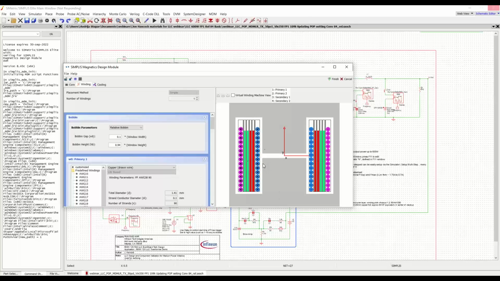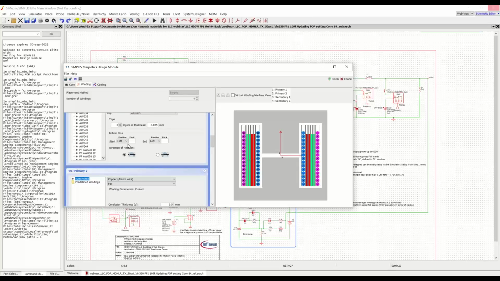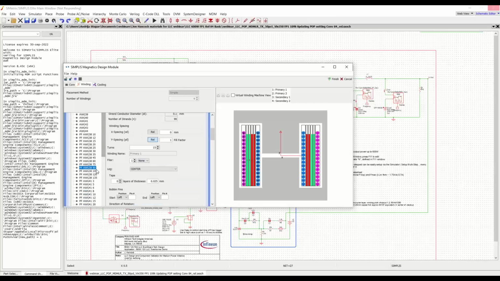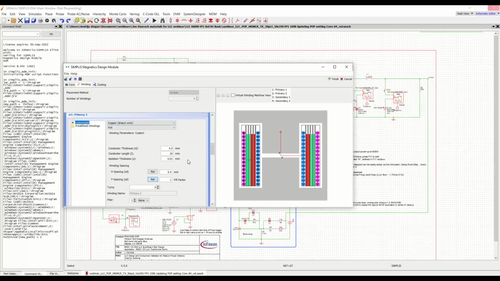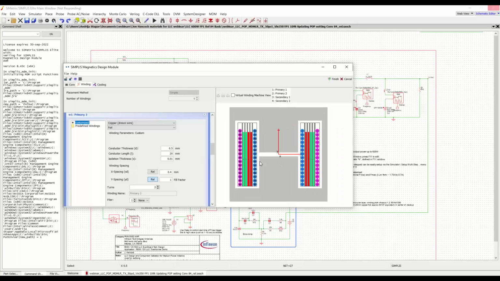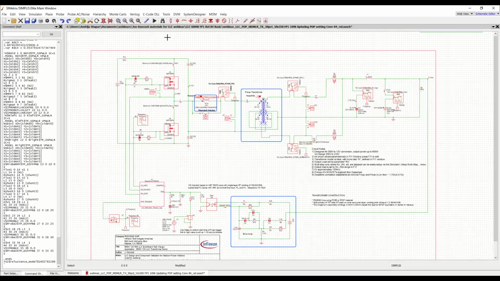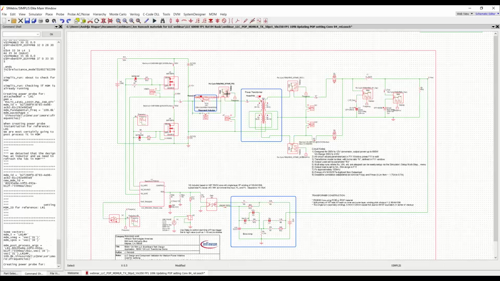The primary is composed of Litz wire, 90 strands of AWG38, and we have a 0.5 by 20 millimeter foil used for the secondary windings, because the secondary windings are going to be taking a high current and we want to minimize the RMS losses. So once we run this simulation,